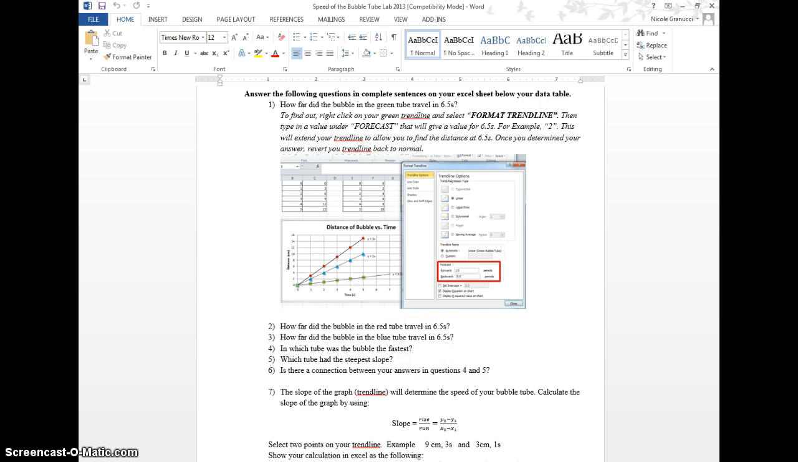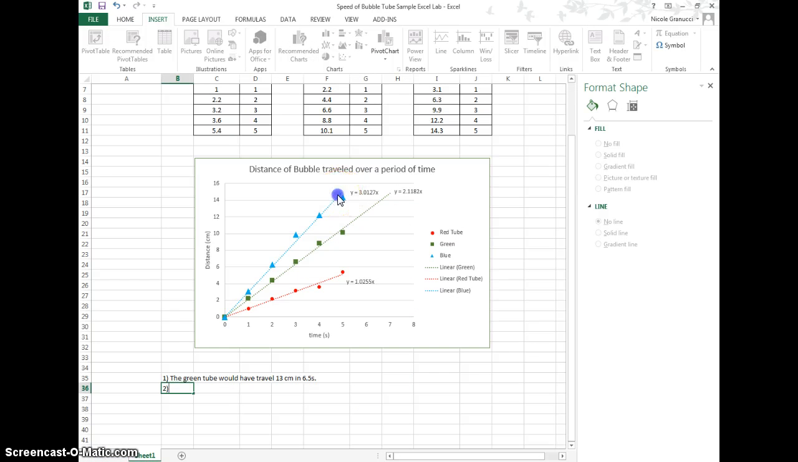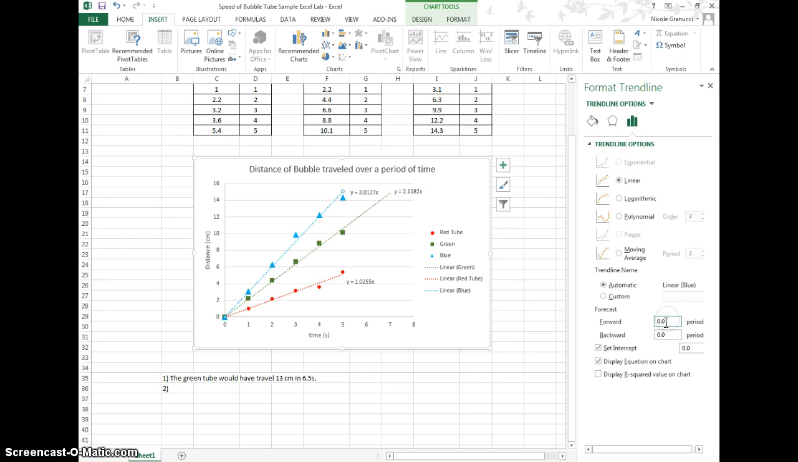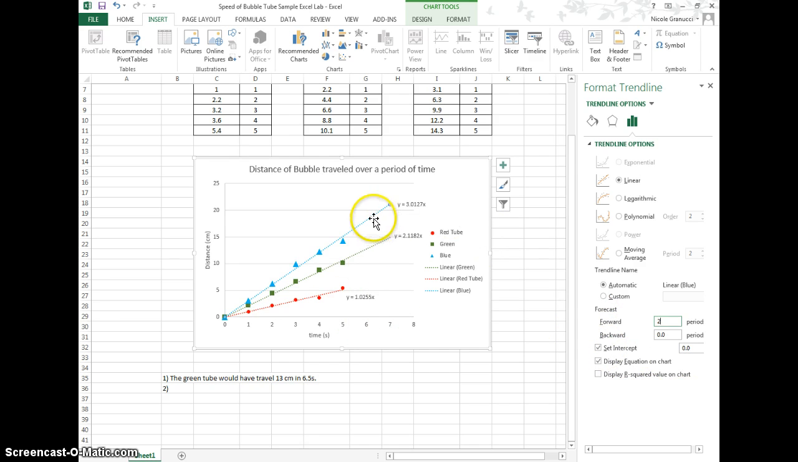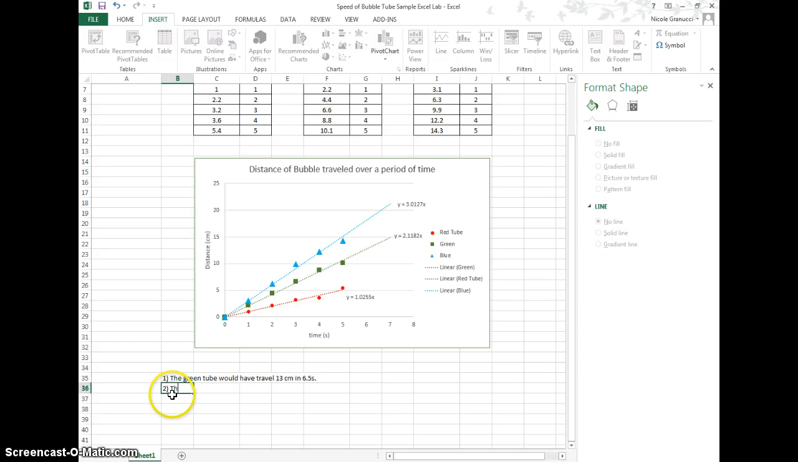And there you go. And I believe, if I'm not mistaken, you're going to do that for, oh yes, all of them. Now, when you do this, you're going to right click and go to forecast. Now, I'm going to add 2 more places. That's what this forward means. I'm going to add 2 to the 5.1, 2. Press enter. And same thing. A ballpark estimate's fine. So this is about, right here, which is a little under 20. So I'd say 18. So I would say the blue tube would have traveled 18 centimeters, and then the other one is the red tube would have traveled,